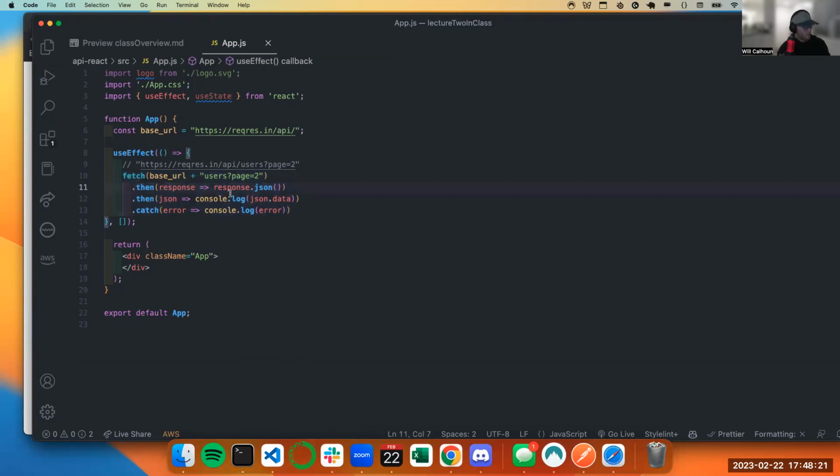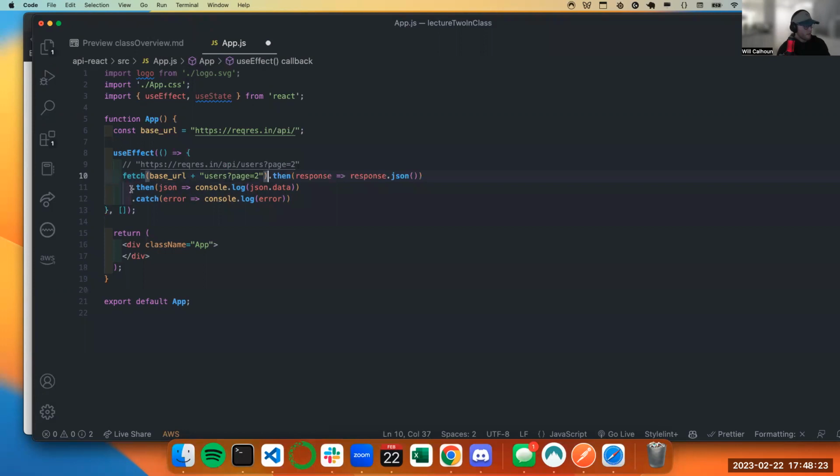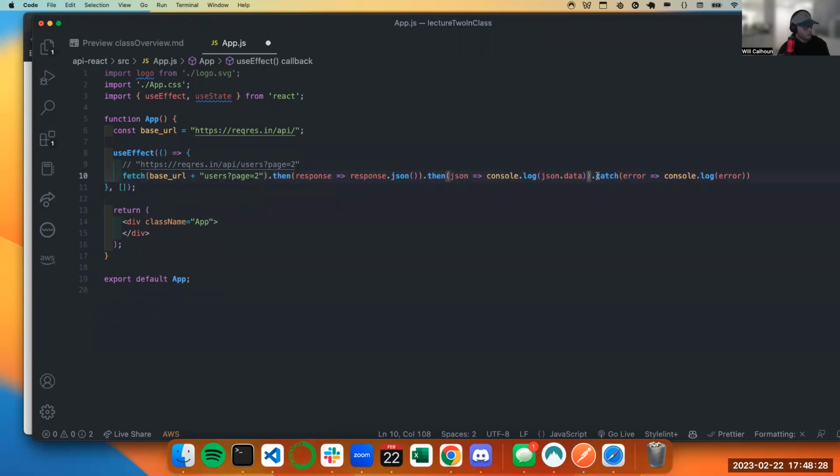This is just a nice way to write it. I could have this other way. I just think it's gross looking. This all works too, right? It's all the same thing. Python uses those code blocks. JavaScript uses curly brackets. The curly brackets are one indentation to the left of the useEffect. So that's why I was confused.